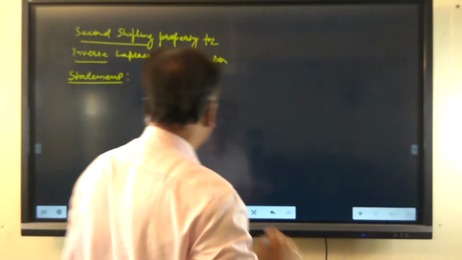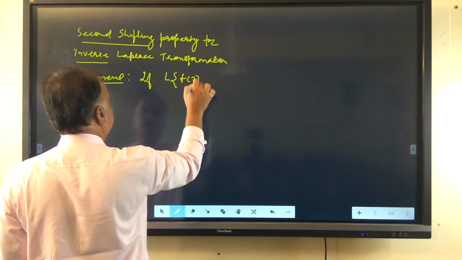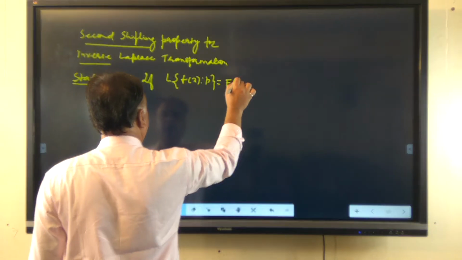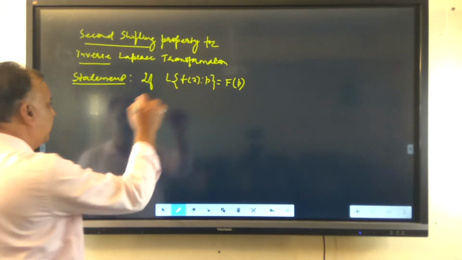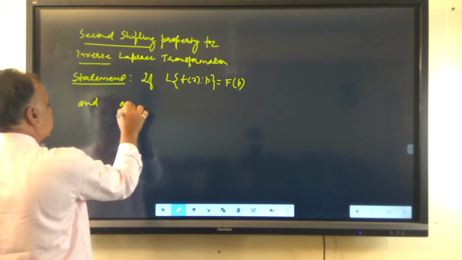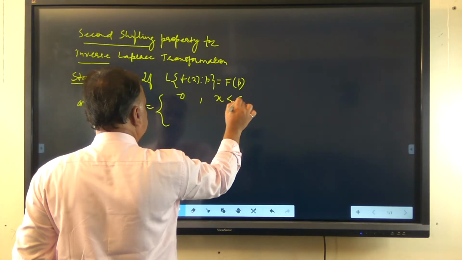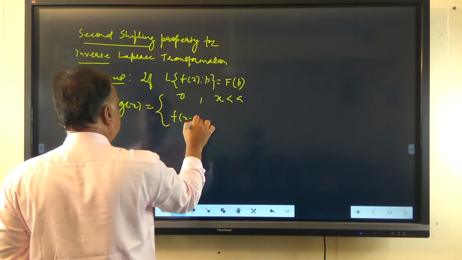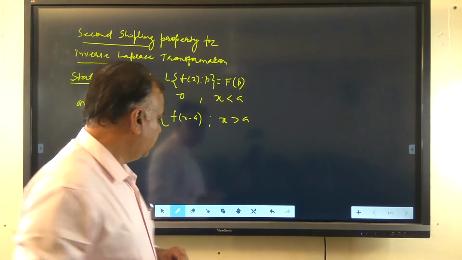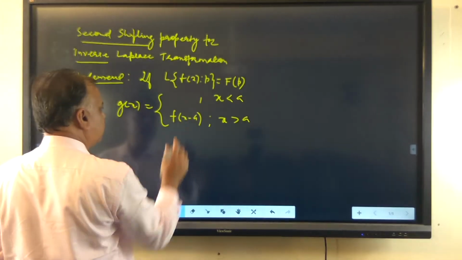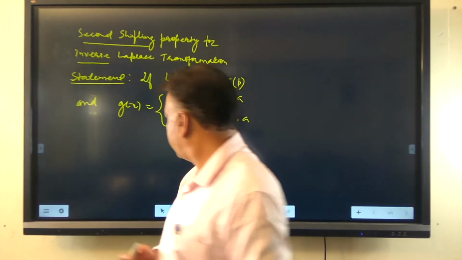the second shifting property says that if the Laplace transformation of a function f(x) with respect to p is equal to F(p), or in other words, if the inverse Laplace transformation of F(p) is equal to f(x), and a function g(x) is defined such that its value is 0 when x is less than a, and f(x minus a) when x is greater than a,